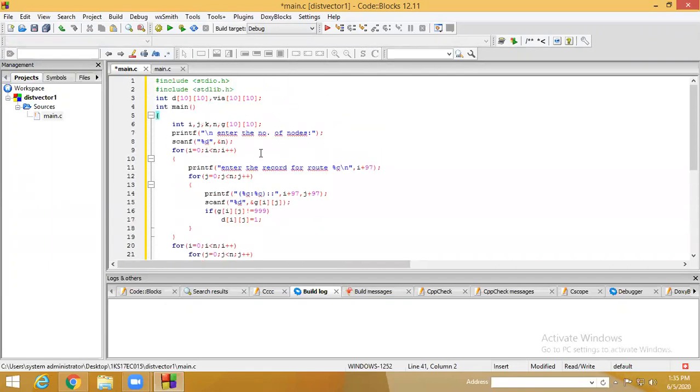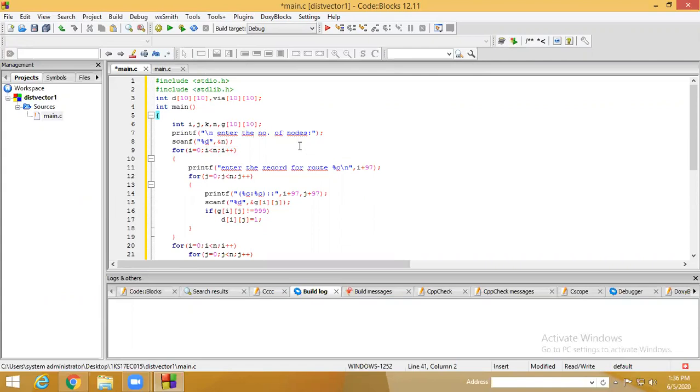Now here, as you all know, the distance vector routing algorithm will just find the least distance between the source and the destination node. For that, it has to update the cost of each node to the neighbor nodes, and it will not broadcast to all. In which, you can see the first step is, as you all know, written in C language. It's a printf statement: enter the number of nodes. How many nodes we want to enter. As per our requirement, we can enter our nodes.